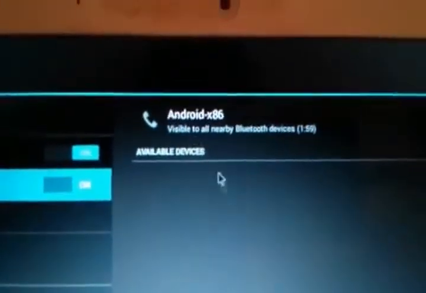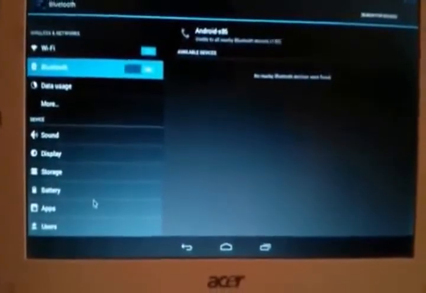The most interesting feature is that in the previous versions of Android x86, Bluetooth was not working, but in this version it supports Bluetooth version 3.0 and 4.0 also. I'll show you the About tablet page.